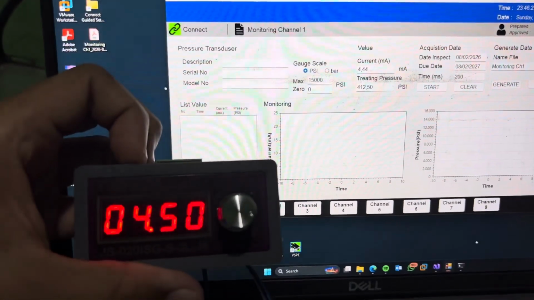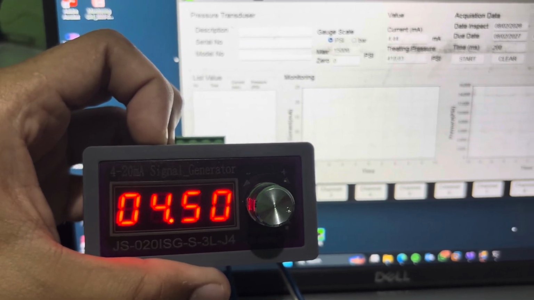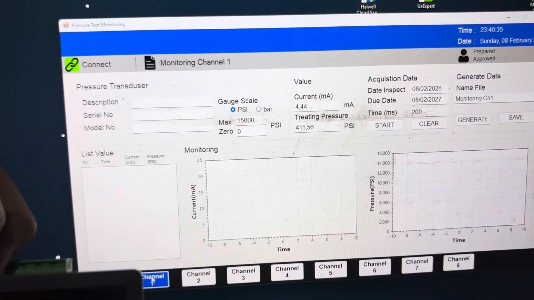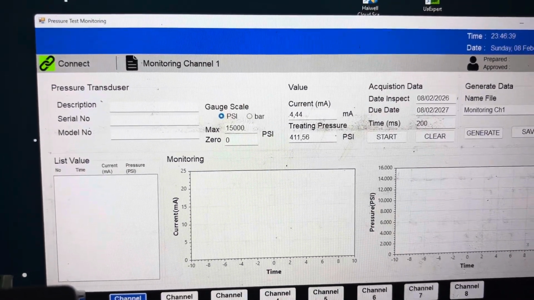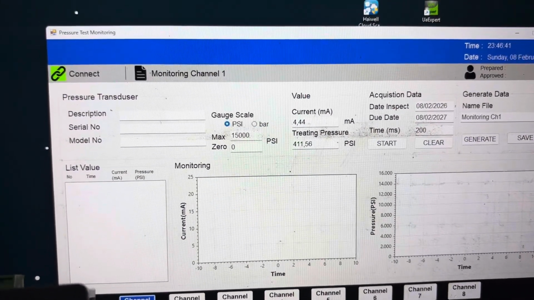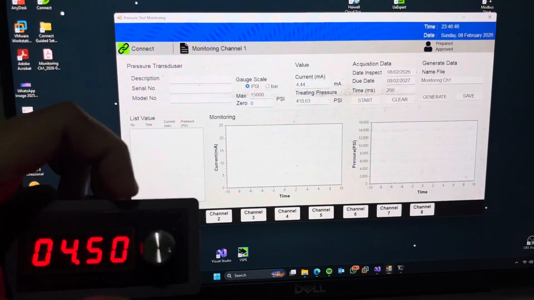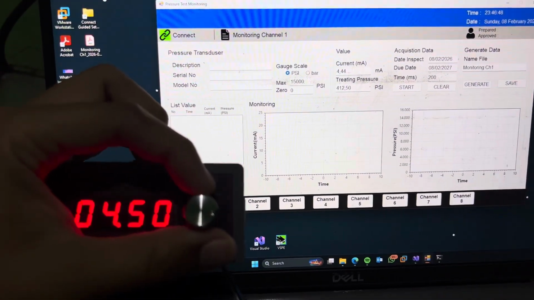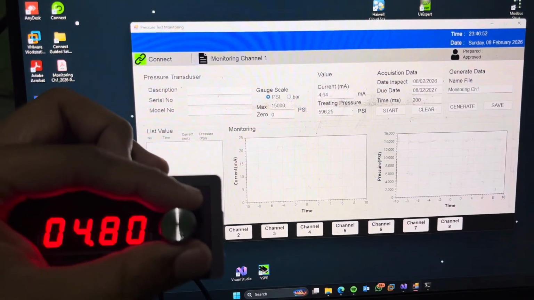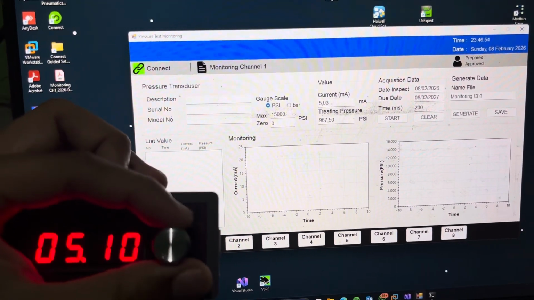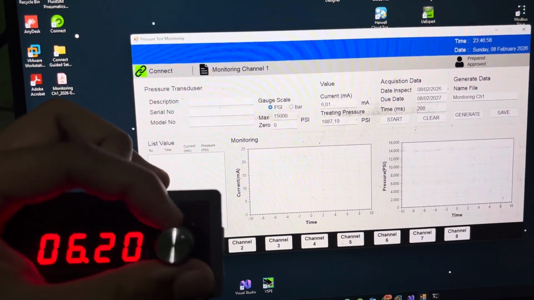At analog input channel 1, we can see 4.5 milliamp, and the current value is 4.44 milliamp. So I can adjust the potentiometer on the signal generator. As we can see, the value is changed.